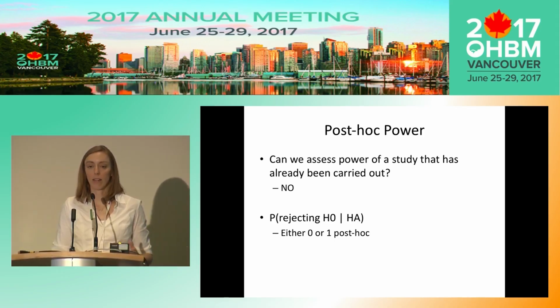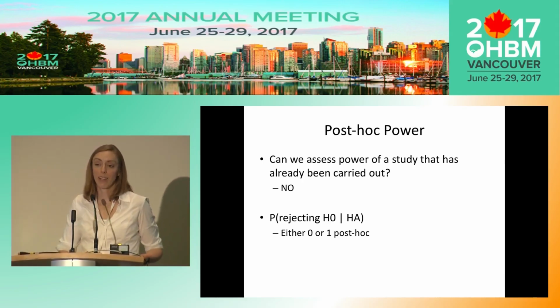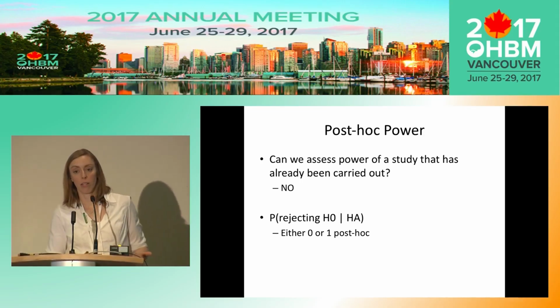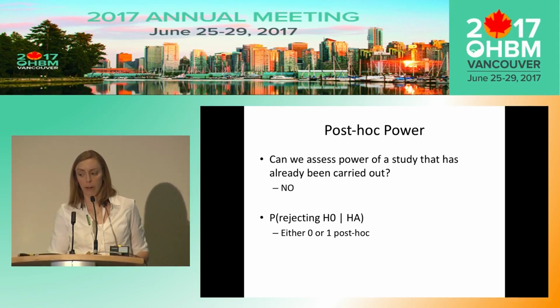And the idea is that it's telling you the power of the result you just found. But post-hoc power, unfortunately, we can't do that. And if you didn't run a power analysis before you carried out your study, you're not going to have a power analysis for that paper submission. I forget which journals now require it. So you're going to have to do something else.